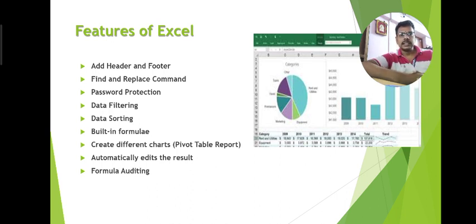Another thing is creating different charts using pivot table and chart reports. We can create charts and get the results automatically, and moreover, formulas are used for auditing also. For a commerce student, we are using this for auditing.